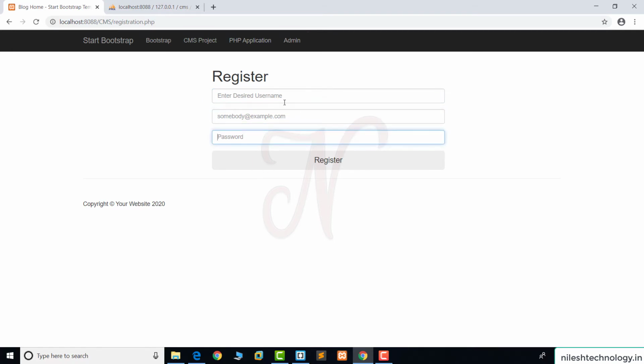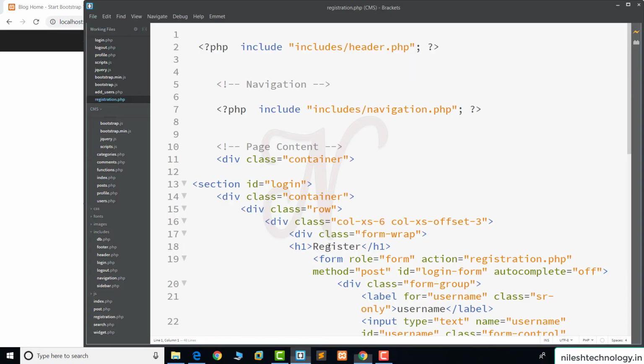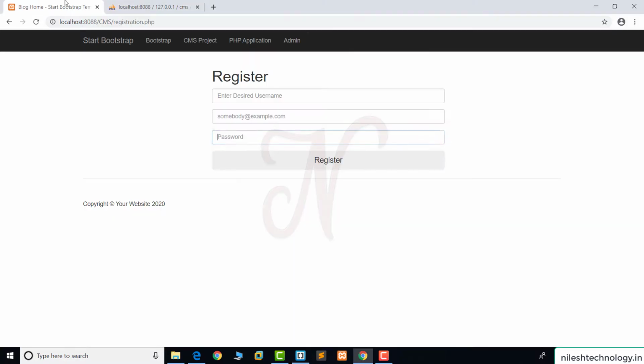Now we do some functionality for this design form. Again going to this Brackets editor. First we add a link in this menu section. After this admin menu, here we add a registration link. This is my navigation file.